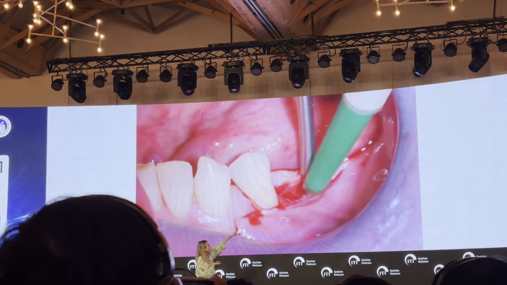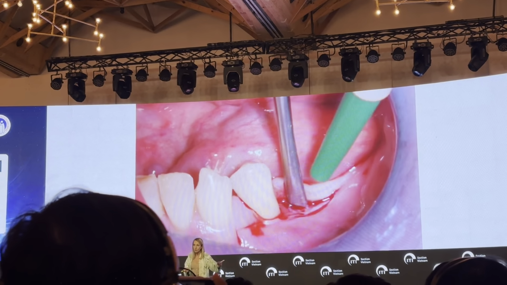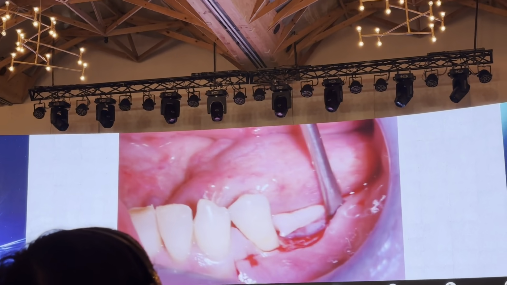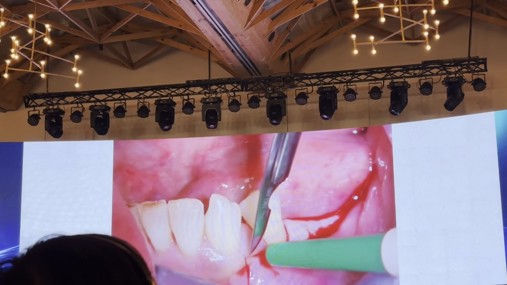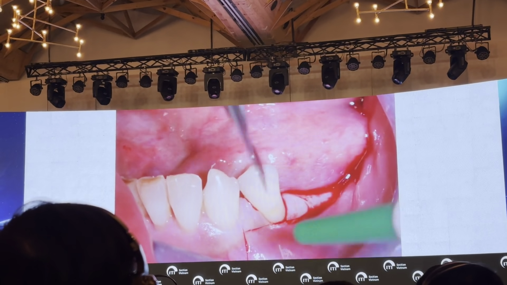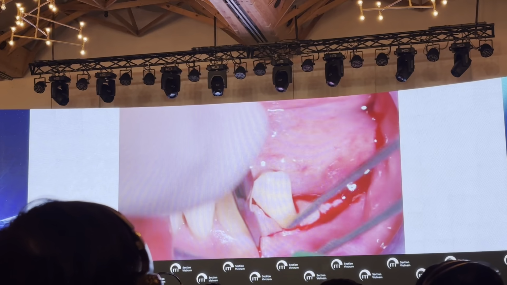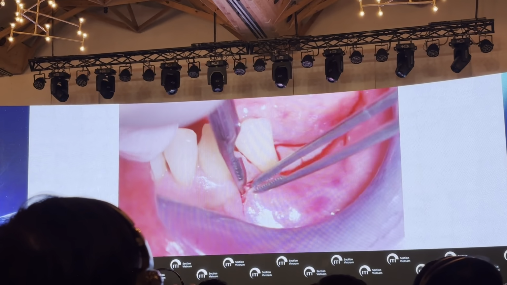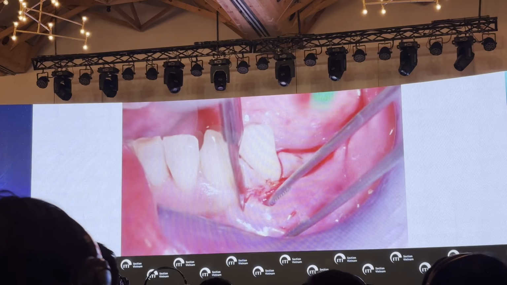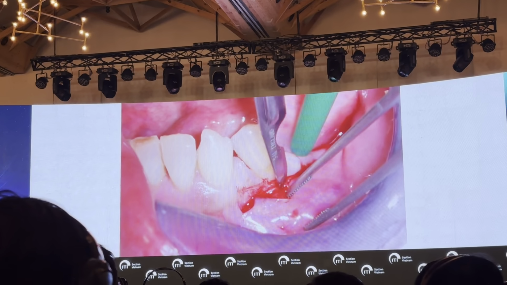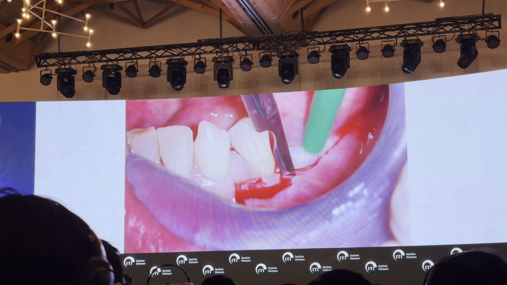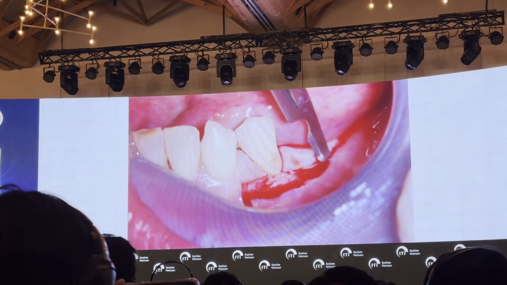maintaining this amount of keratinized tissue in the lingual aspect, because the goal is to recreate a buccal band of keratinized tissue, so I don't need this keratinized tissue in my buccal flaps. And I will use this keratinized tissue to increase the amount of keratinized tissue on the lingual aspect of this implant-supported restoration. So I made an incision that divides the keratinized tissue from the buccal alveolar mucosa, and I verticalized